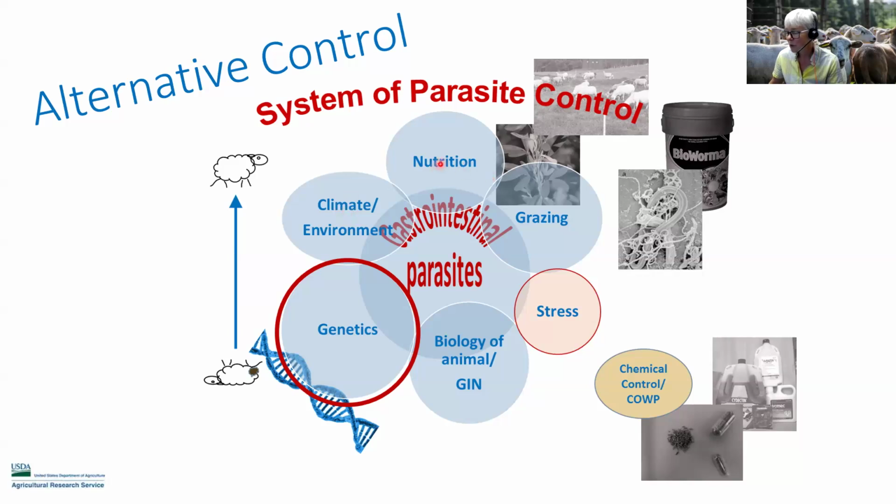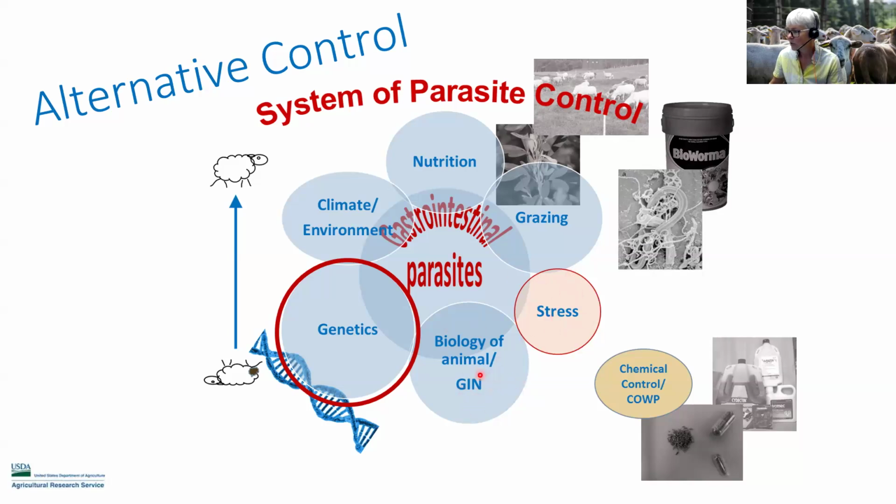Make sure the nutrition program is optimal. That can be assessed through body condition scoring. Animals in good body condition score are going to be more resilient to parasites compared to those that are very thin. I see there's a question about Sericea lespedeza, and I'll talk about that in just a second when I get to that slide. But lespedeza, or part of our grazing program, even using rotational grazing or BioWorma, those are all targeting pasture and nutrition. We want to minimize stress,